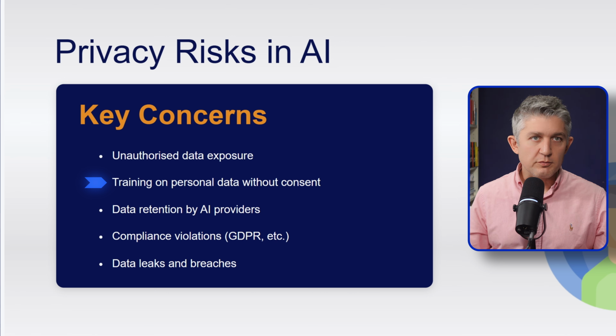Number 2, training on personal data. By default, some services learn from your inputs. It's great for them, but risky for you. Practical move: choose the no-training or enterprise options. Sign a data processing agreement with your provider. Of course, ban uploads of personal data to consumer tools such as ChatGPT. Use managed instances that don't train on your data, or use paid solutions that explicitly state that they don't train on your data. Record the legal basis and consent when needed.